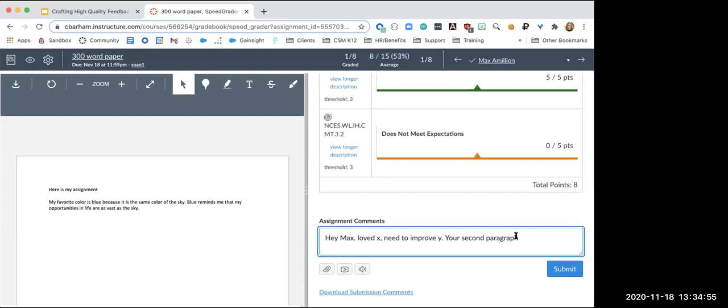COVID-19 has kind of thrown things around, and we don't always have the luxury of being in person with our students every day. And they're not getting the feedback that they probably typically would if you were face-to-face like normal. So this is a really great way to give them the feedback that they need to still be successful, even at home. And if they aren't at home, if you see these little kiddos every single day, it's still awesome for them to get feedback right here inside of Canvas